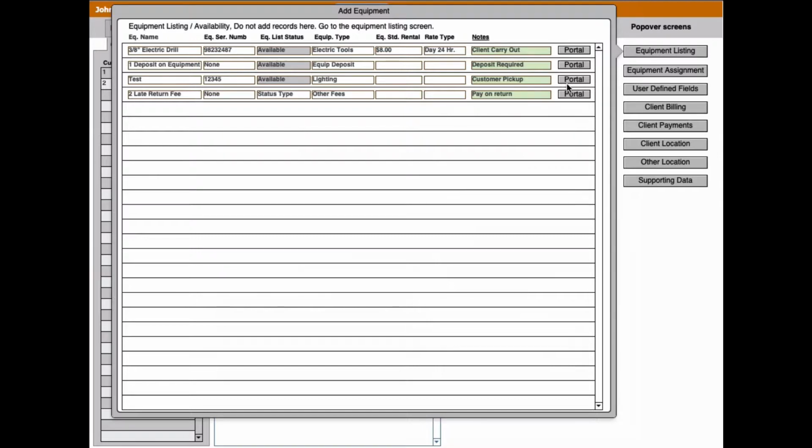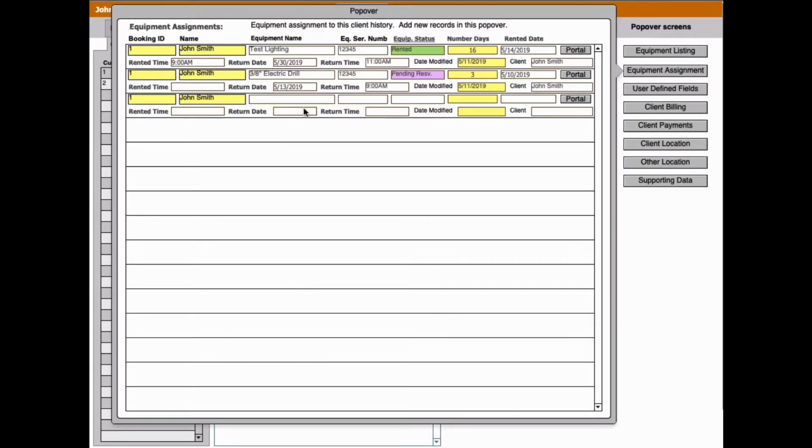Now, how does this impact you at the cash register on checkout? Well, as you have looked at the individual assigned equipment for this individual, and you add a line item in here for the items that are going out on rentals, you would create a record in here for the one that's actually used. You make the decision, are you going to have him pay up front? Are you going to deliver it somewhere and pick up the payment for accounts receivable at the location where it's at? Or whatever it might be. For example, you're going to wait for him to return it to bill him, but you may want to put in